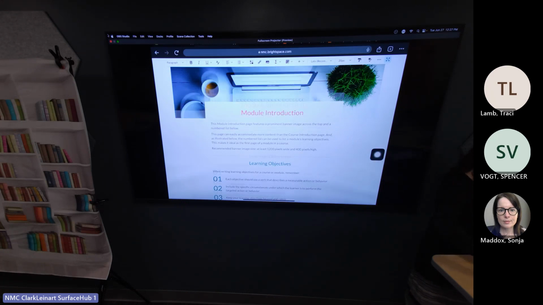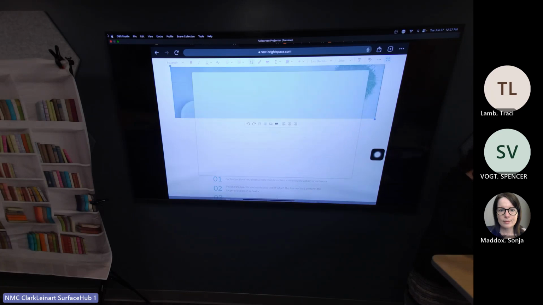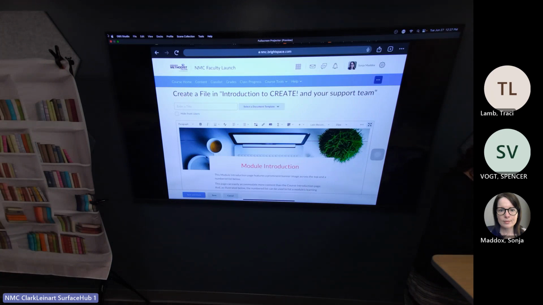And as I was saying before, the insert stuff button is here, so if you wanted to insert a link or a YouTube video, that could be put in there. So that is the one that you would almost always want as your introduction to the module itself. Where did you access the insert stuff?